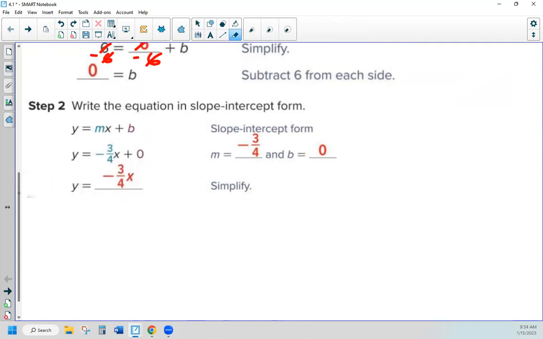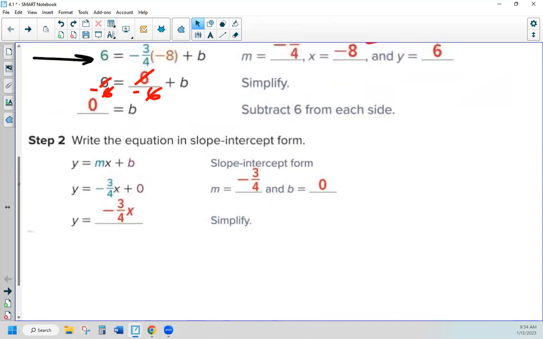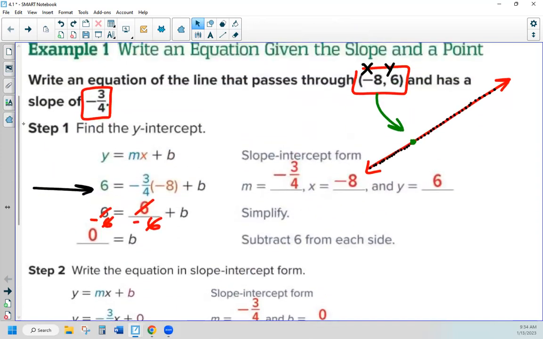Okay, so a good question that somebody might have is, Mr. C, what happened to those points that we were talking about? What happened to this little green point right here, -8, 6? What happened to it? Listen to what I'm about to say. The equation that we just created,